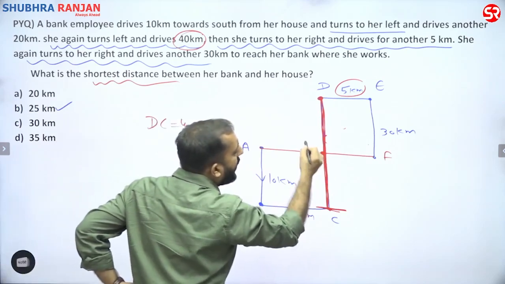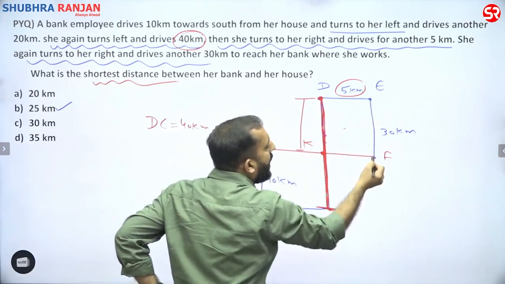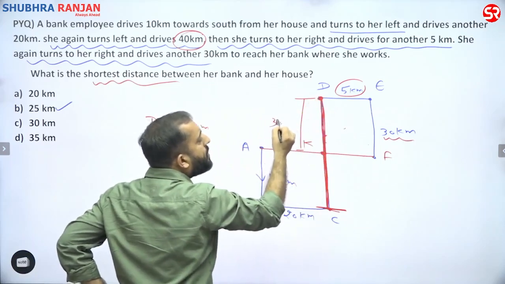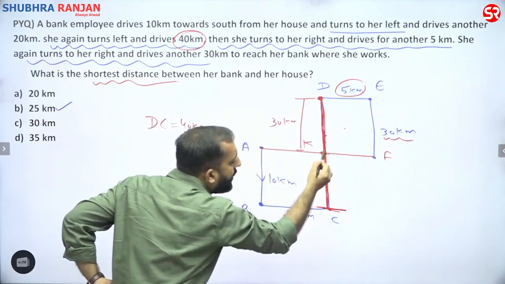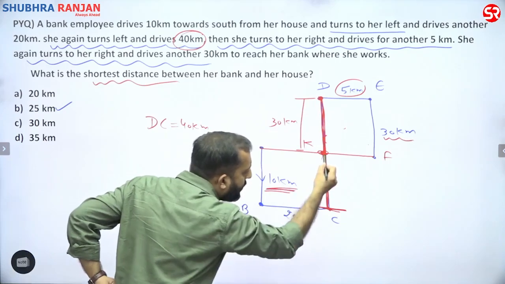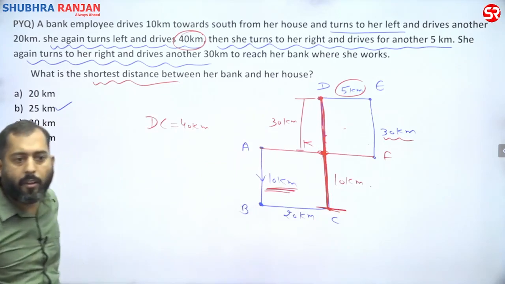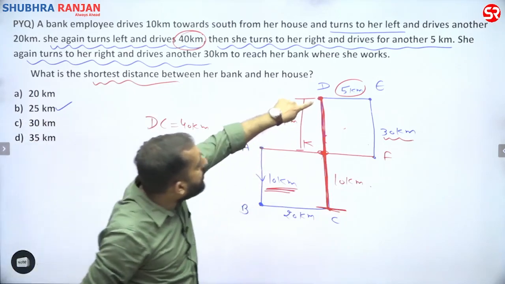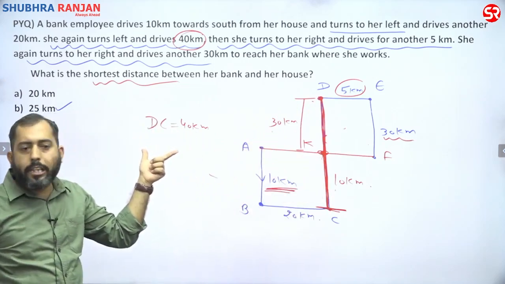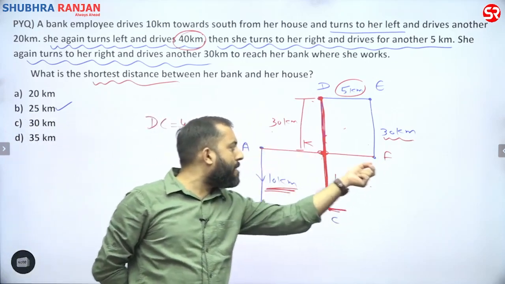Now let's say this is point K. From E to F the distance is 30, so from point D to point K this distance has to be 30 again. Then from K to C, since this is 30 and the total is 40, this distance has to be 10. Now, from D to C, total distance 30 plus 10 is 40. All the conditions are matched. So it means this point K, this point A and F must lie on the same line.